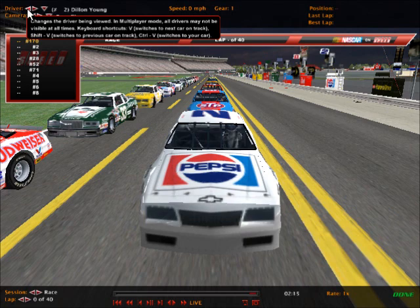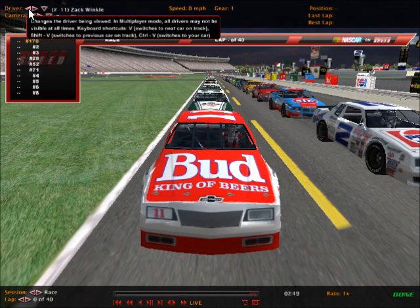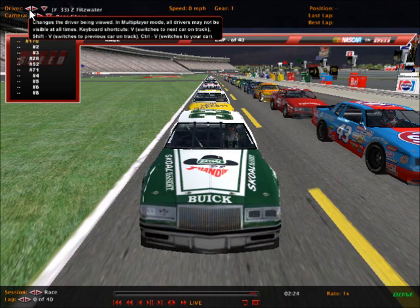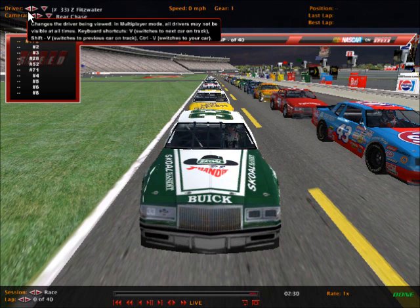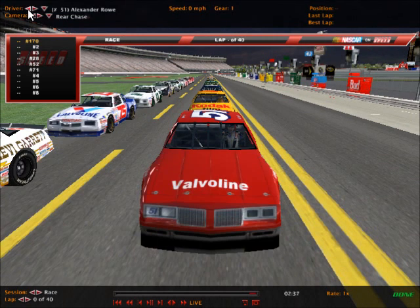Third row will have Dylan Young in car 2, the Pepsi Chevrolet, and beside him will be Zach Winkle, car number 11, the Budweiser Chevrolet. He's on the outside. Next row down has Joshua Collard in car 43, the STP Pontiac, the King Richard Petty colors. He'll be flanked by car 33, Zachary Fitzwater, the Skull Bandit Buick. Came so close to getting his way to the All-Star race at Talladega, but came just about a couple of